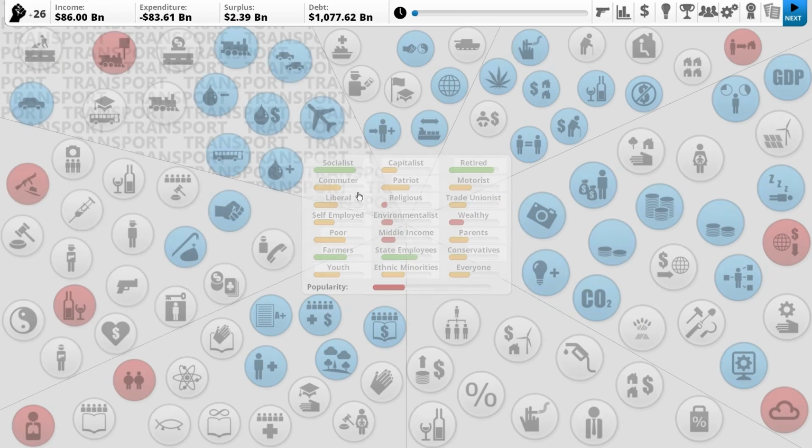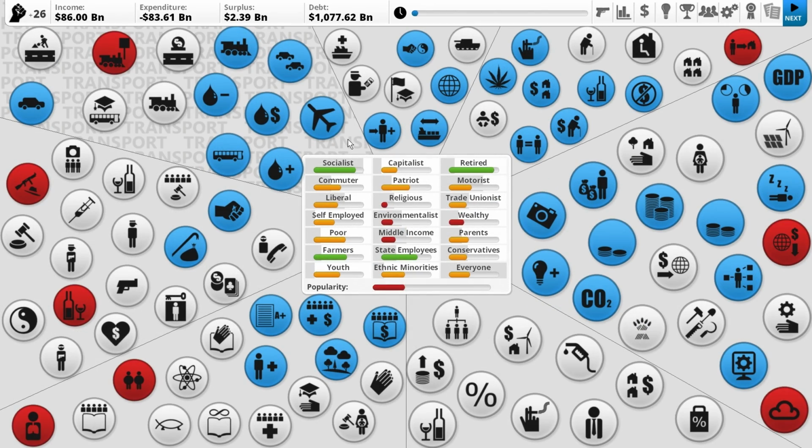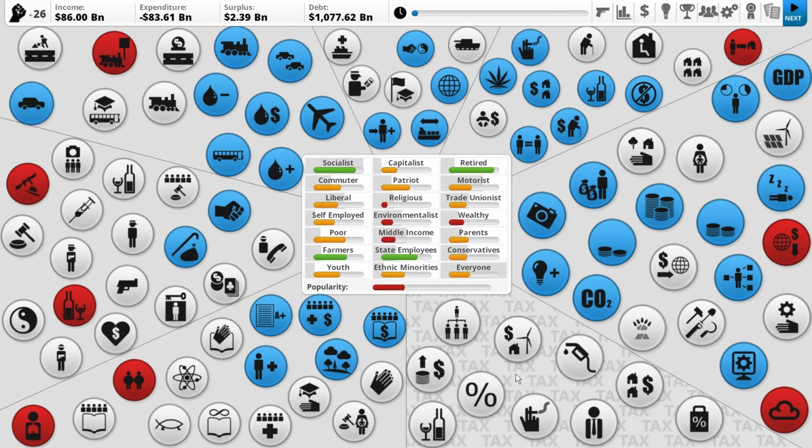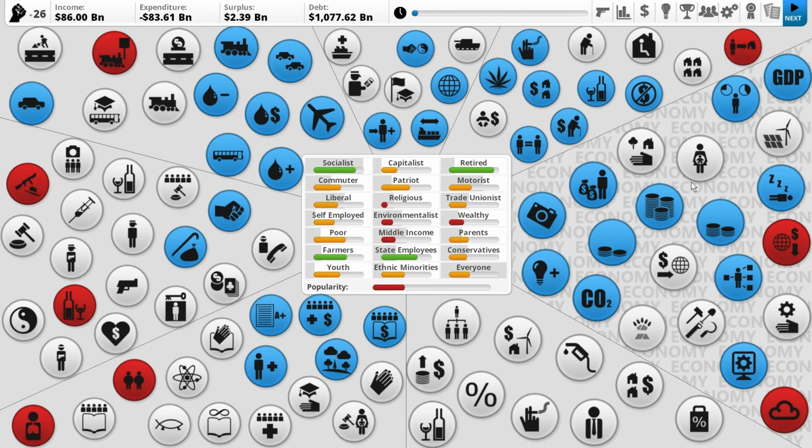Now, you're thinking, whoa, what kind of interface is this? This is all a bunch of buttons and icons. But that's the way this game is. It's not a game with graphics and action and all that. It's a management game. It's a game where you've got to go ahead and make the best of your country. Now, each of these sections, it's all sectioned off, as you can see. We got transportation here. We got law and order. Down here is our public services. Over here is our tax section. These are all our taxes. Up here is economy, and up here we got our welfare, and last but not least is foreign policy.